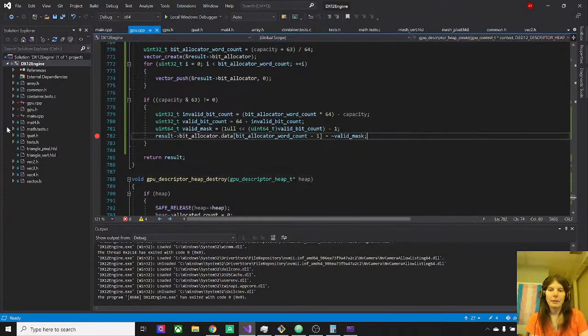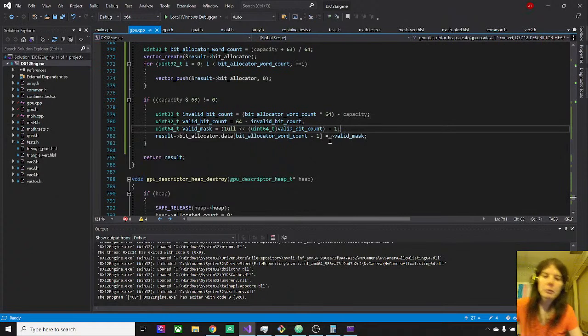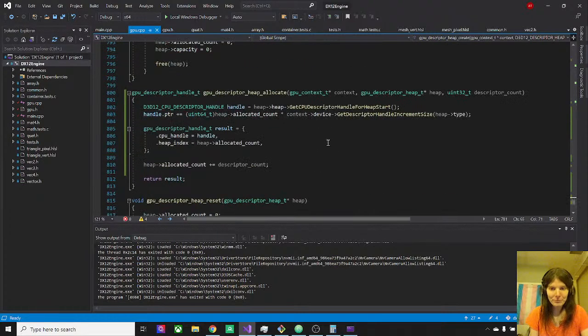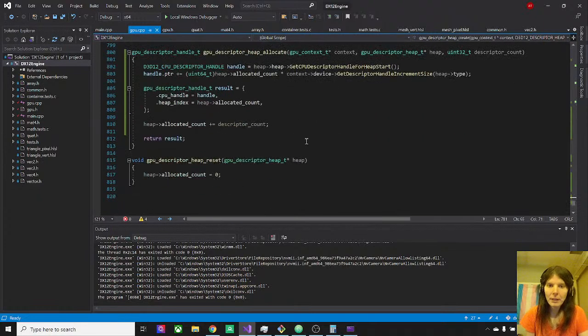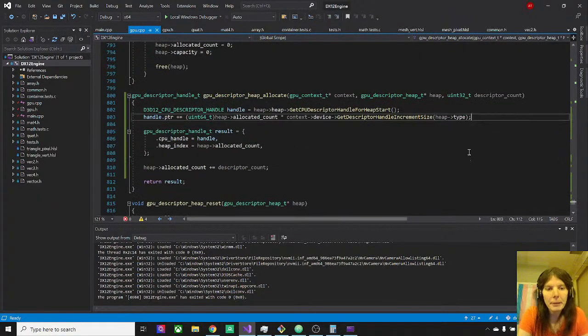The one thing that we will have to check during free is making sure that we don't unallocate one of these invalid bits. We shouldn't free one of these invalid bits, because if you do that, then you're just saying, okay, this is something that the allocator is allowed to grab, and that would be bad. So we can change the allocate to, instead of using allocated count,